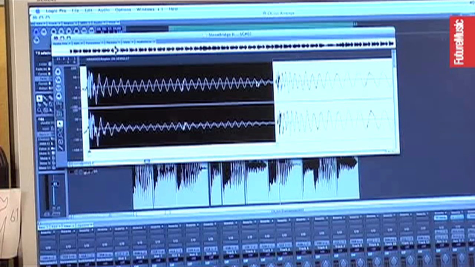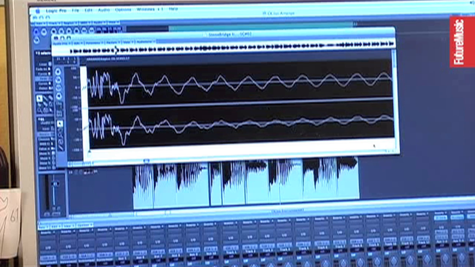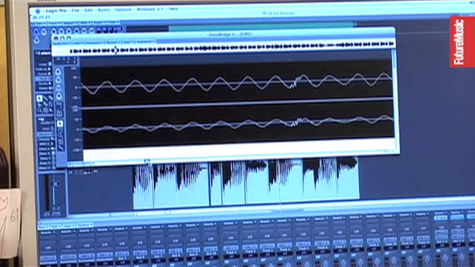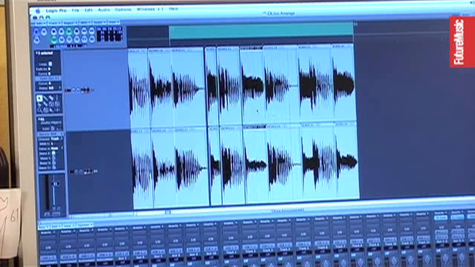And the beauty is that you can actually get rid of that if you want by redrawing the waveform a little bit. Probably a better idea to make a copy first, but let's try, just because it's fun. You can draw that thing out. Beautiful, huh? It takes a couple of times for it to work.